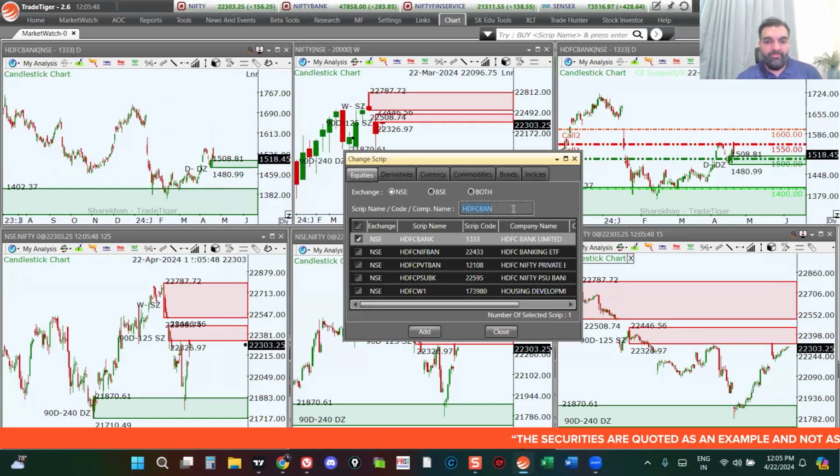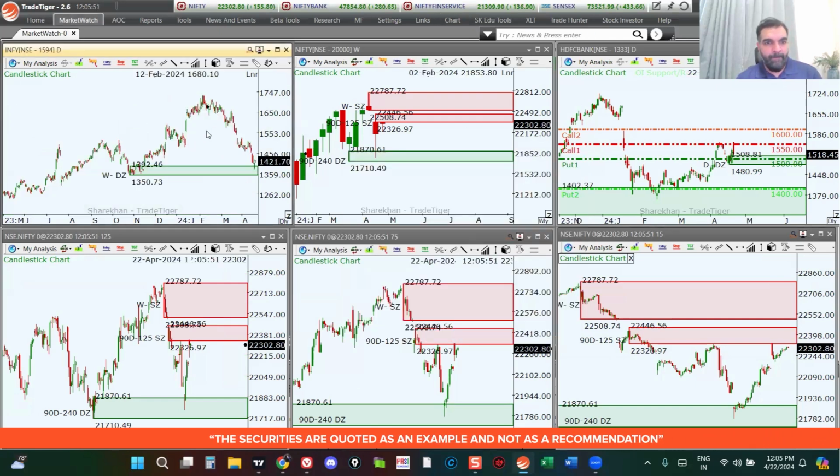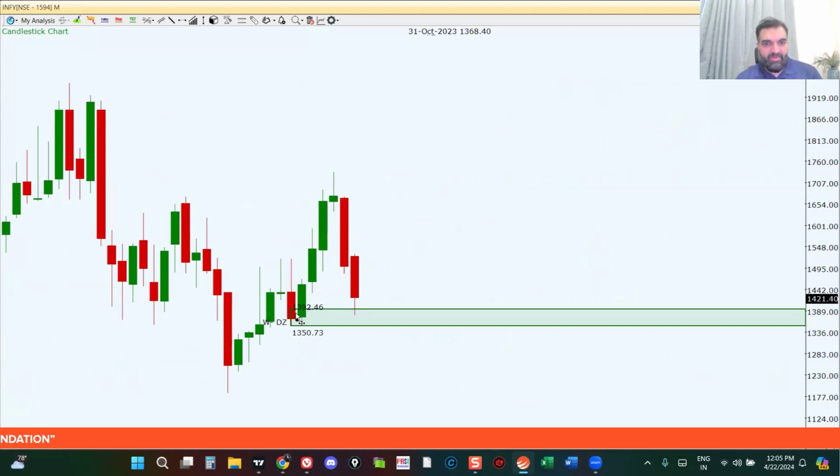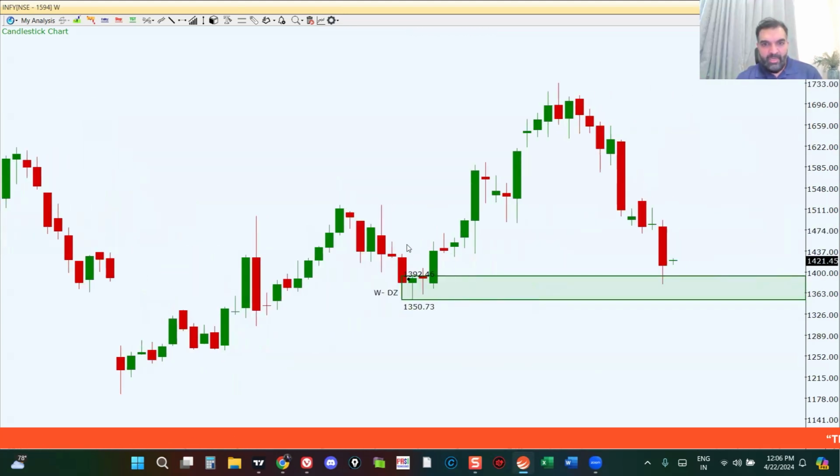Let's now quickly have a look at Infosys. If we look at Infosys, let's start off with the monthly chart first. So we have hit this monthly level of demand, and of course, whether it's earnings that brought the price there or negative news or positive news, it doesn't matter. As demand and supply traders, we have to keep news a little bit aside from our analysis, but definitely news is a mediator, and sometimes it's also going to help our trading decisions. So now that Infosys results are out, we are in this monthly level of demand, and from here we might tend to see a move to the upside. If you look at the weekly chart, this nice drop-base-rally demand, prices have come here now and they have started showing some move to the upside.